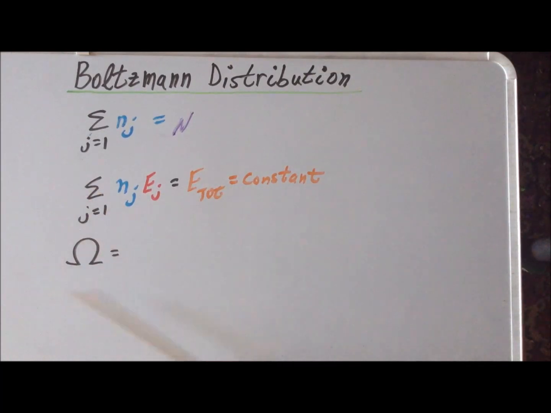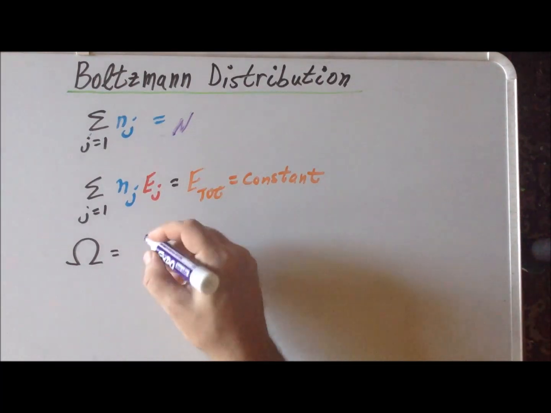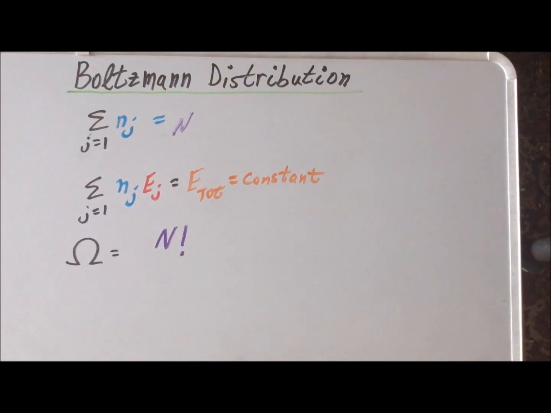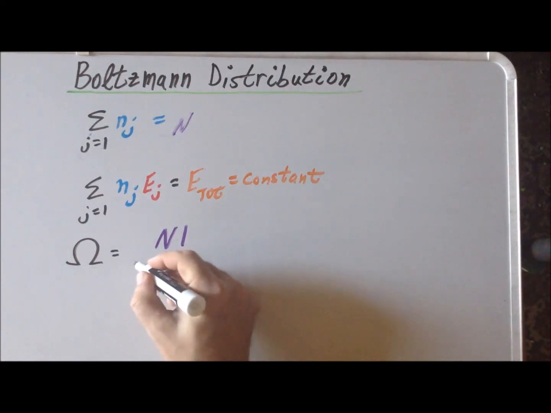Using the principles of probability, the way we can calculate how many different possible distributions we have is the total number of systems, N factorial, divided by